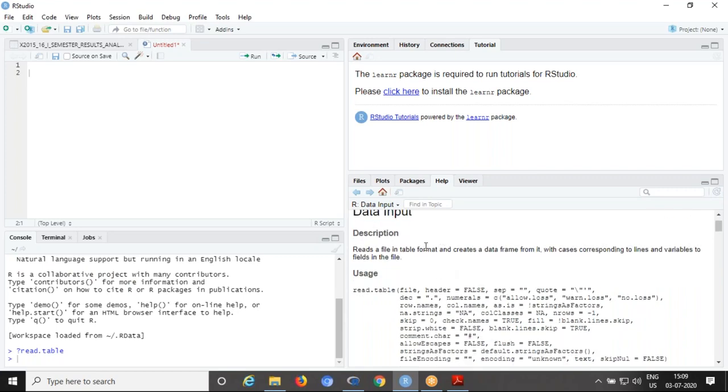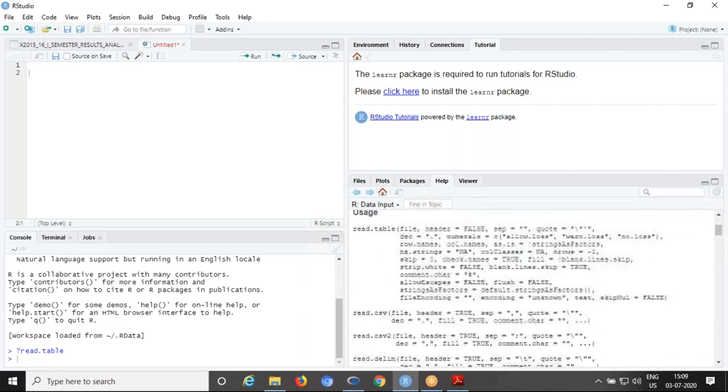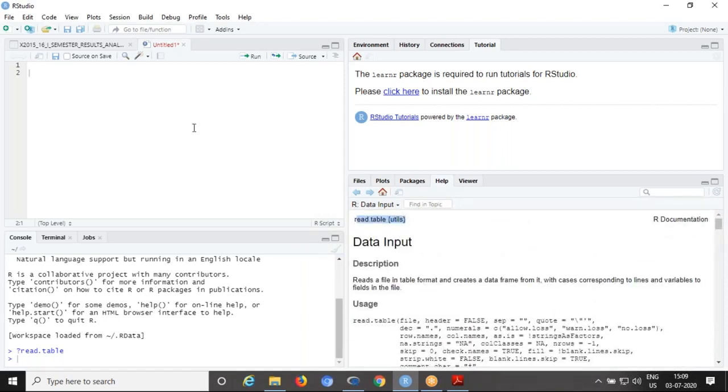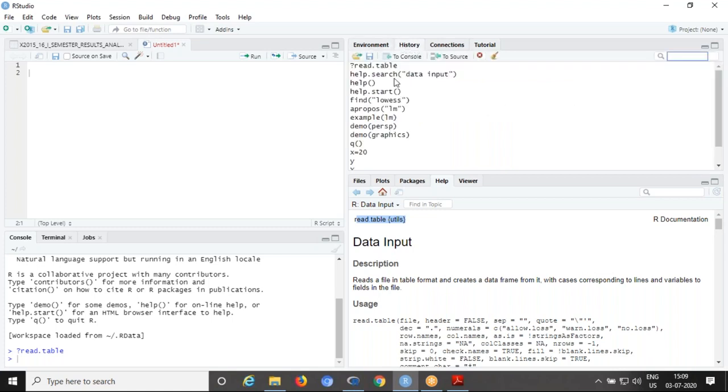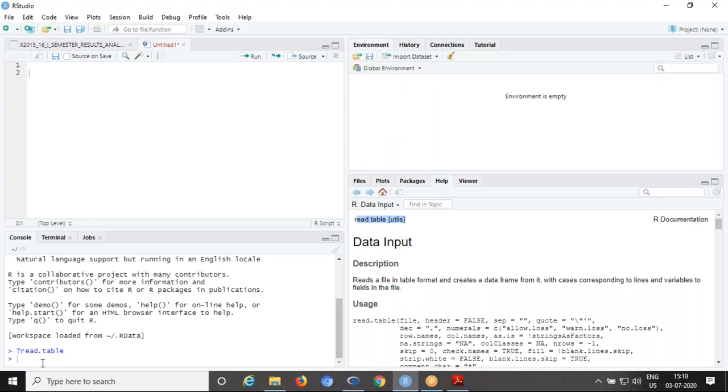In the R console, we already saw the same example. So in RStudio also, all R commands will be executed. Now in the environment, here you can see it shows the history, whatever we typed here.